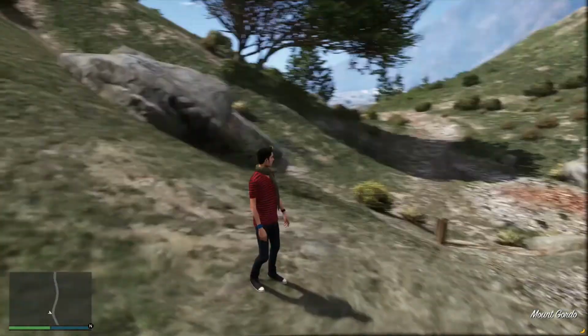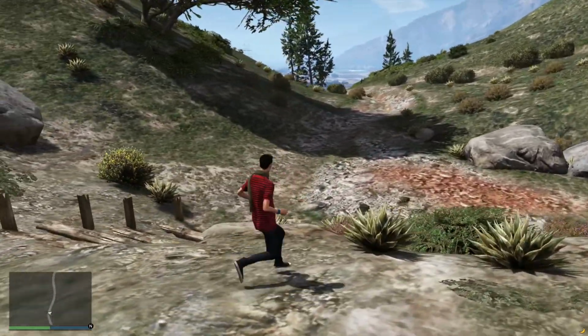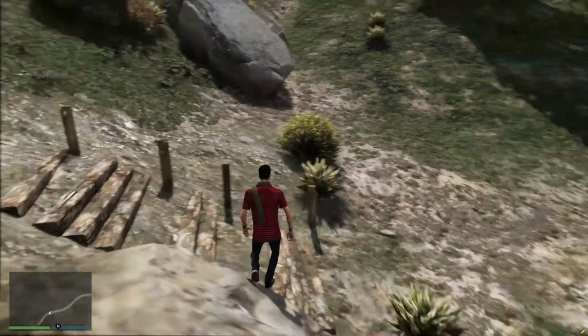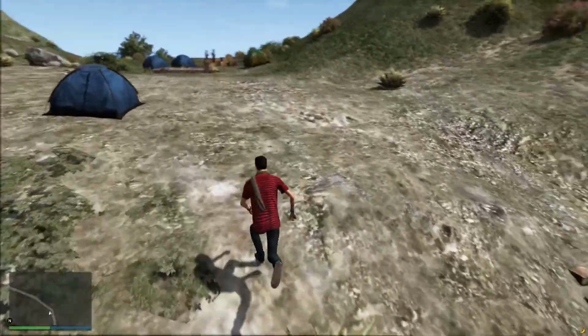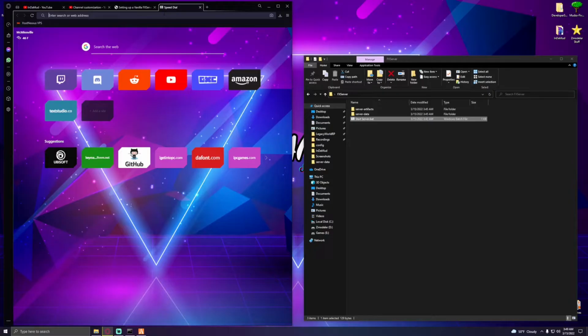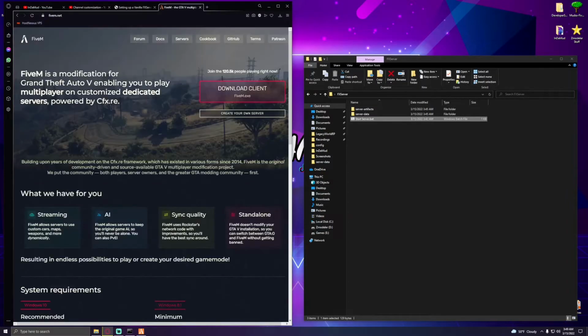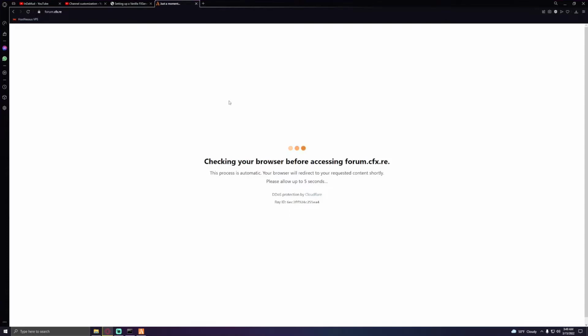Alright, we are now in our FiveM server. Now it's very easy to add in plugins to your server and scripts. Everything that you want to find is on FiveM.net. So if you go to FiveM.net, press the forums page, it will take you to